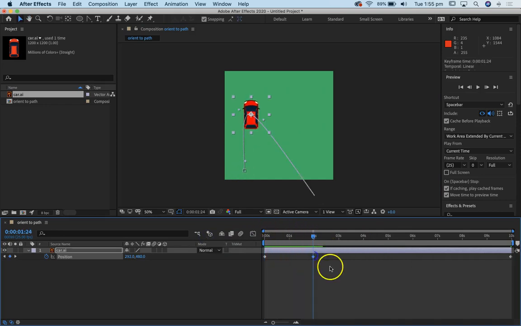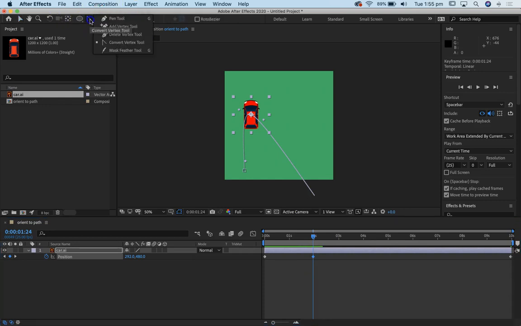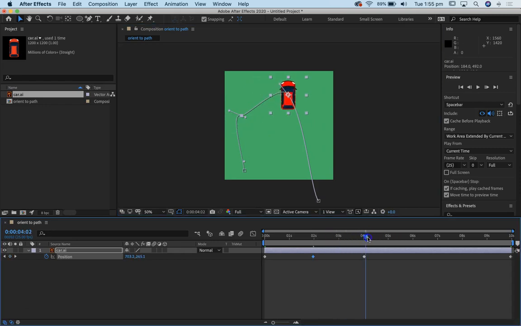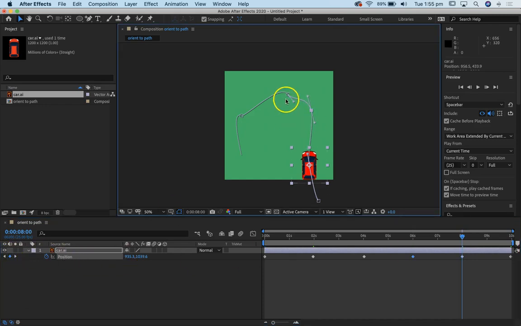Let's manipulate that path a little bit by adding a few points along the way. Add a vertex. At the 6, I might add another point there. Well, I can add points on the timeline as well, like so. And I can move them around in